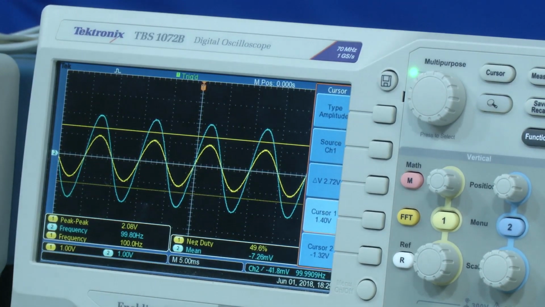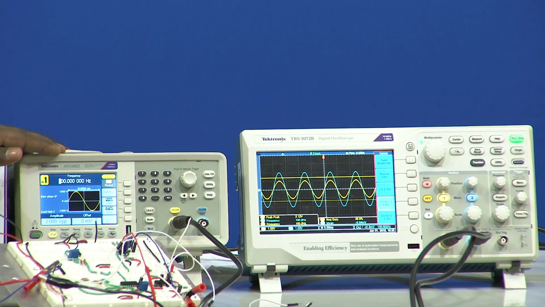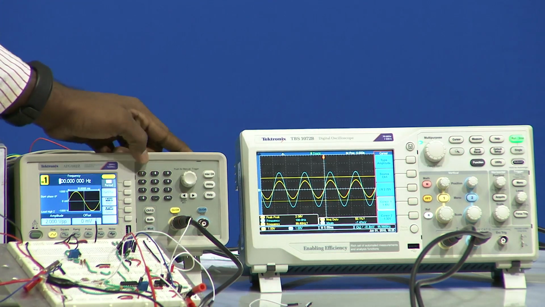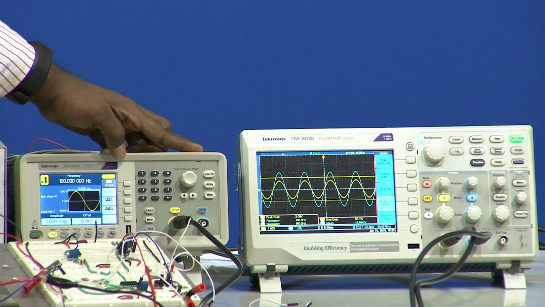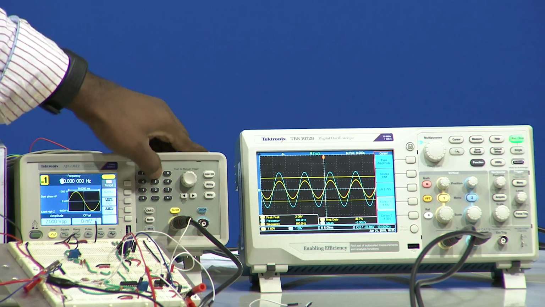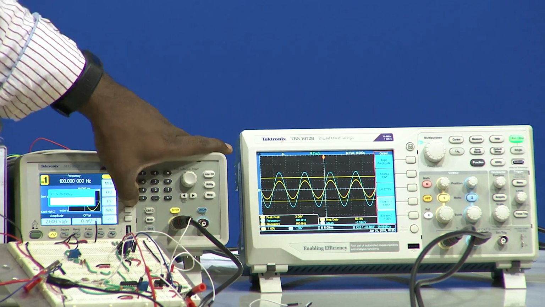Right now the frequency is at 100 hertz. I will slowly decrease it in units of 20 hertz till we are at 20 hertz. After that we will decrease to 10 hertz, then from 10 hertz slowly increase one by one, to see at what frequency the input voltage is lower than the cutoff point that we set. So I will set it to 80 right now.